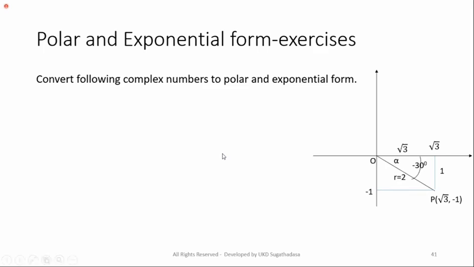Okay, this is another one, right? That is square root of 3 minus j. I think you see the point, x equals square root of 3, y equals minus 1. See the point here? I think you need to realize now how to use this Argand diagram. Without the Argand diagram, you can calculate the modular value, no problem, because using the Pythagoras theorem you can calculate the modular value. But if you calculate the argument using the tables or calculator, tan theta, you get minus 1 upon square root of 3.